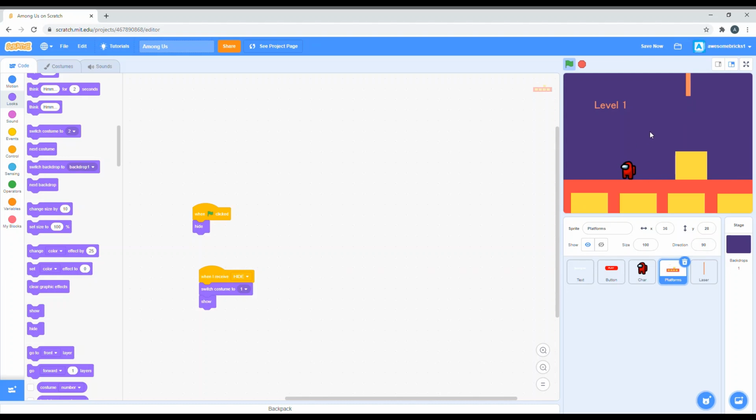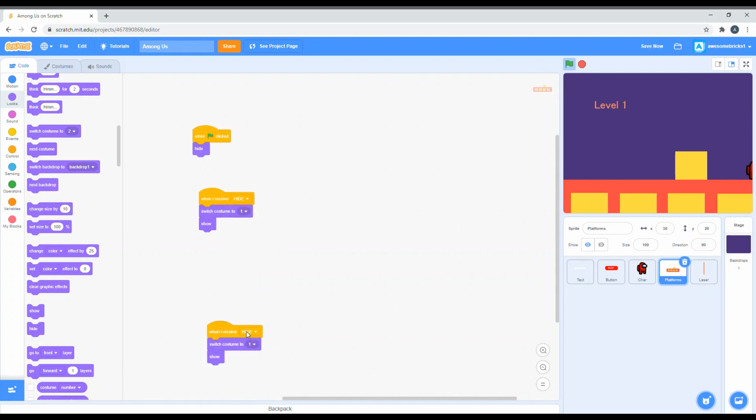Wait, why can't I move? Yeah, let's go now. So hard. Okay. Yeah, now it hides. And so let's say when I receive next level, then you just switch costume to 2 and just show the same thing. Yeah,